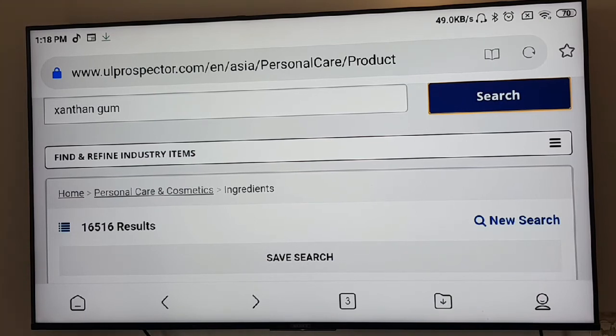UL Prospector has a lot of companies registered, cosmetic raw material manufacturers and cosmetic equipment manufacturers, and you can see all the ingredients of those companies. In the first page itself you can see the list of companies registered.